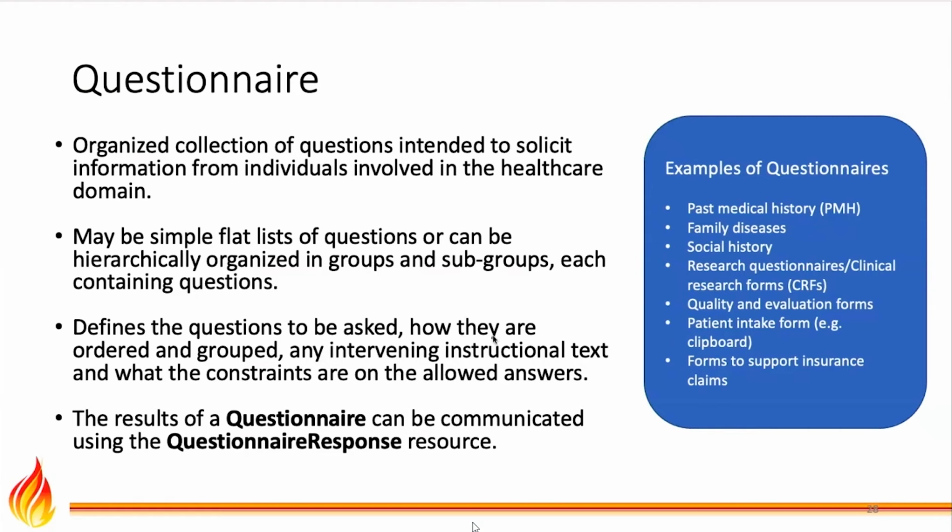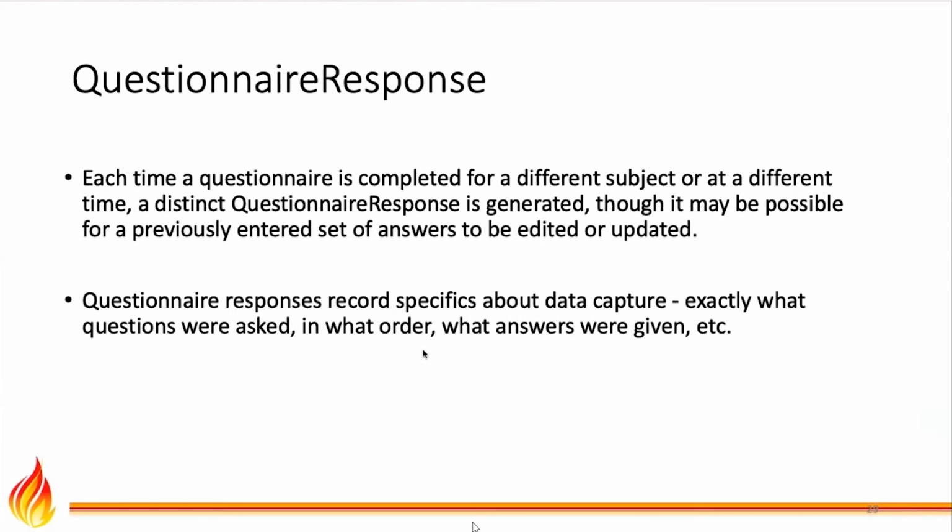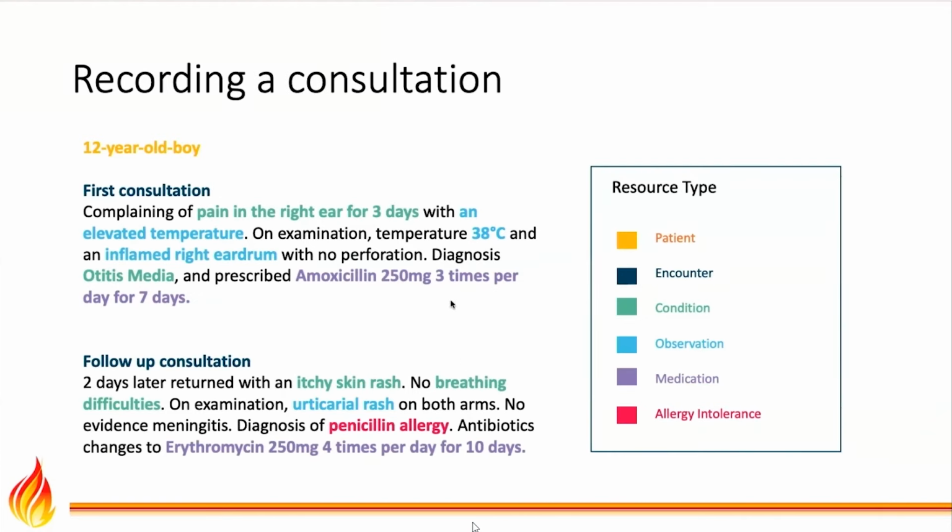And the thing that's important, and these are examples over here, you can do past medical history, family diseases, research type questionnaires, quality, that type of thing. But to get the answers to that, it's in the questionnaire response. So again, very generalized resource questionnaire, generalized response, questionnaire response. You go in there and profile it, and you can make it do what you want for the specific use case. And this is just an example to help you see